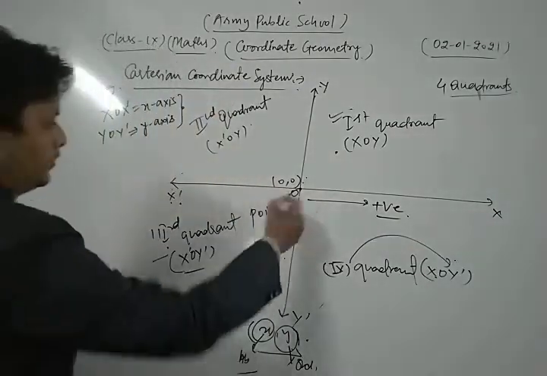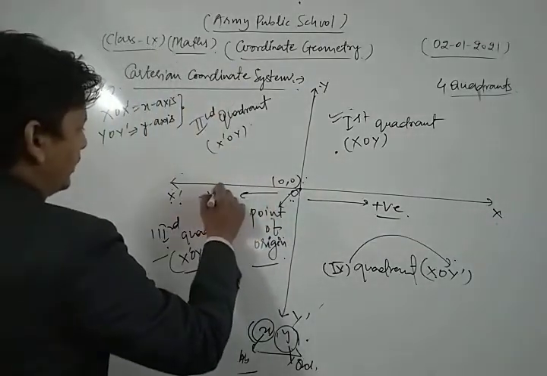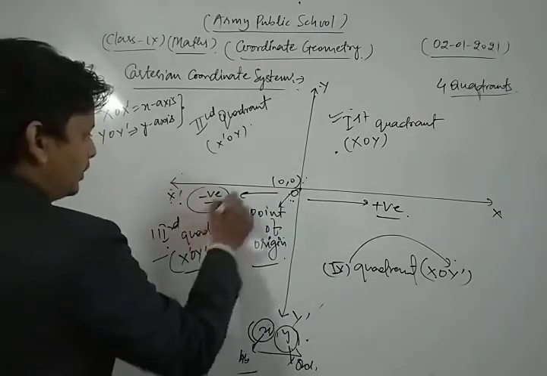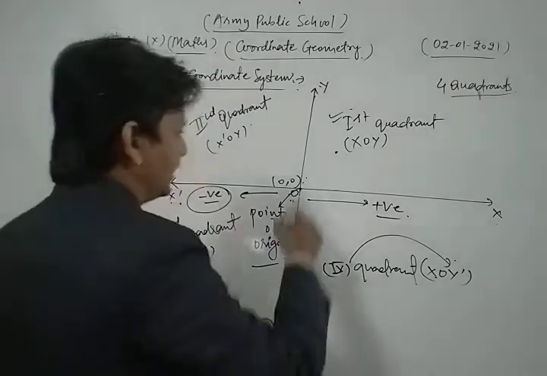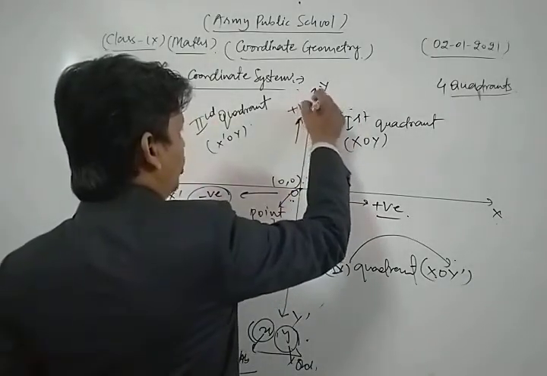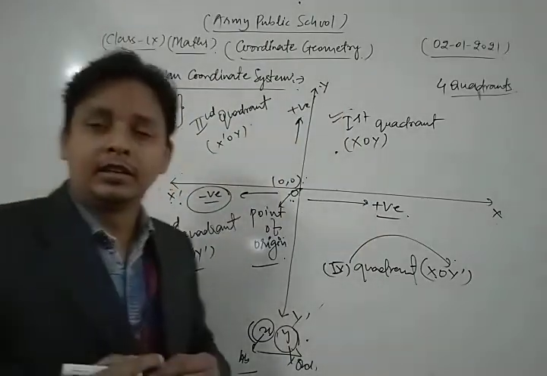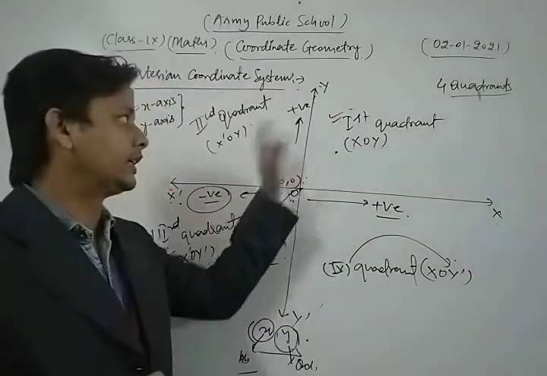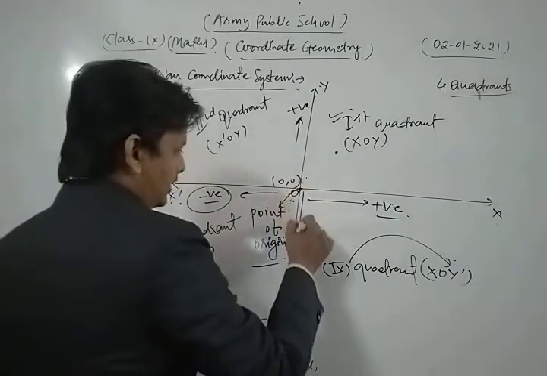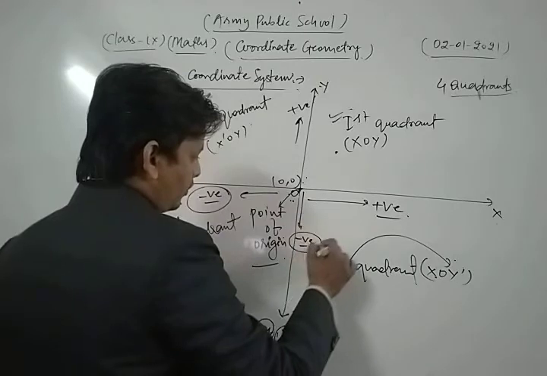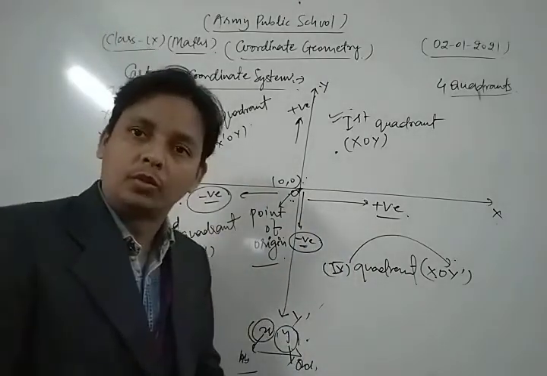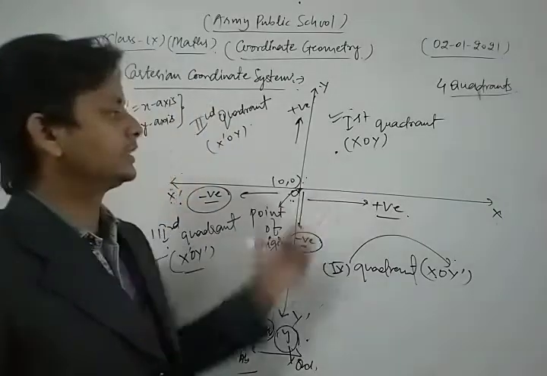Okay, and here this is the negative direction of the x-axis, means all the points on line OX are known as negative. Similarly here, this is the positive direction of the ordinate, means the y-axis, above the origin. This is the positive direction of y. Same as here, this is the negative direction of the y-axis. Okay dear friends, so this is the concept of